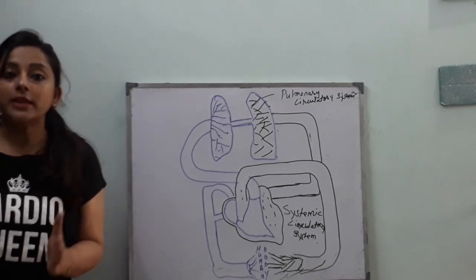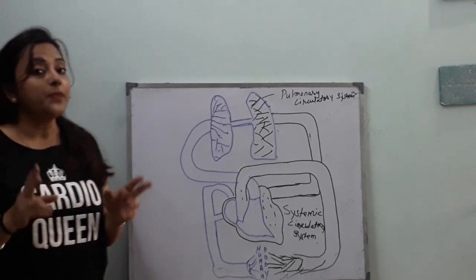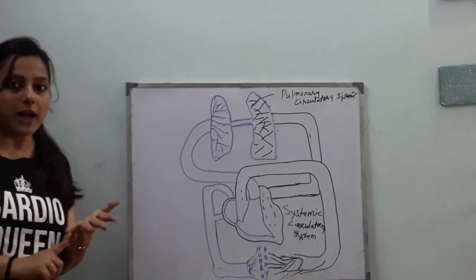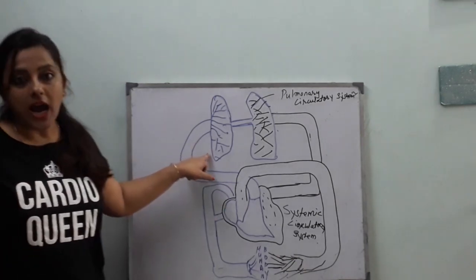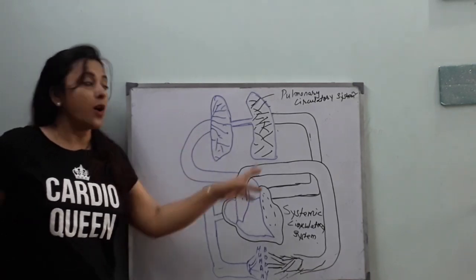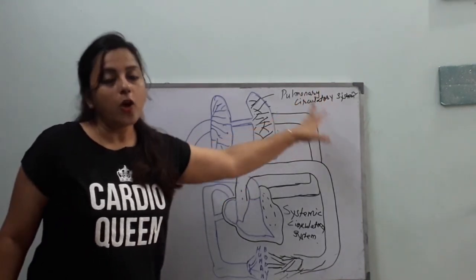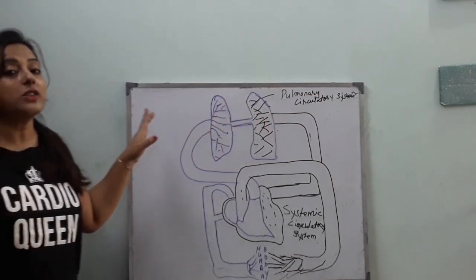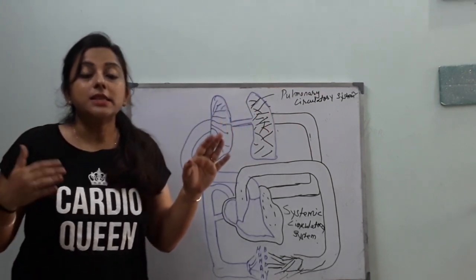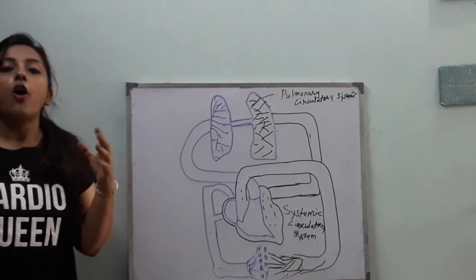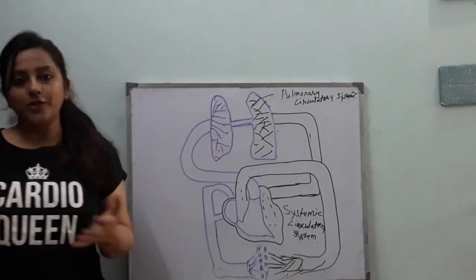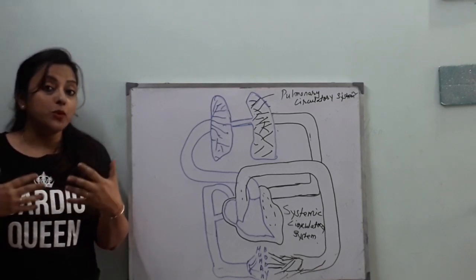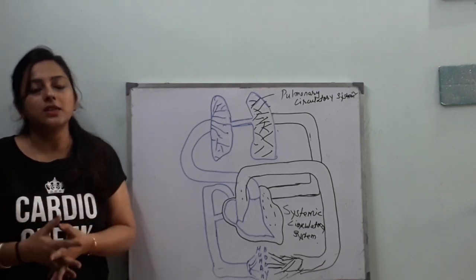Because our circulatory system deals with two pathways. The first pathway, which deals with the lungs, is called the pulmonary pathway or pulmonary circulation, and the other pathway, which deals with the rest of our human body, is called the systemic pathway or systemic circulatory system. Since we have two pathways, it is called a double